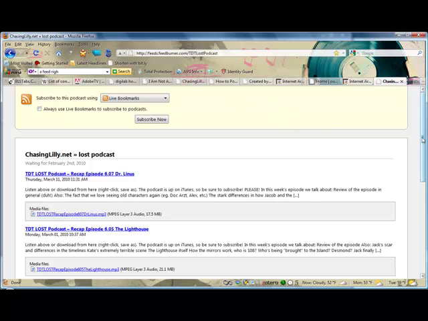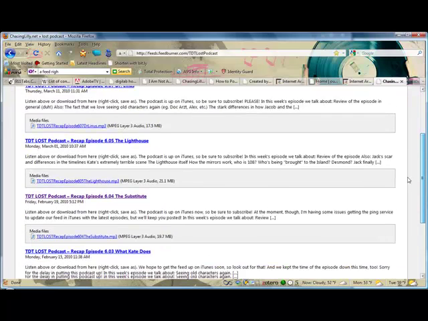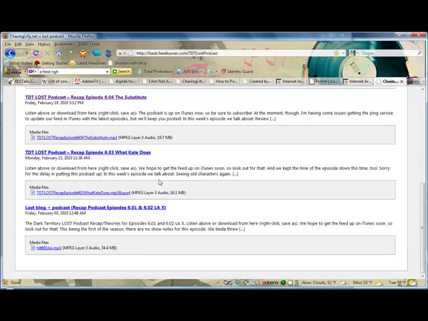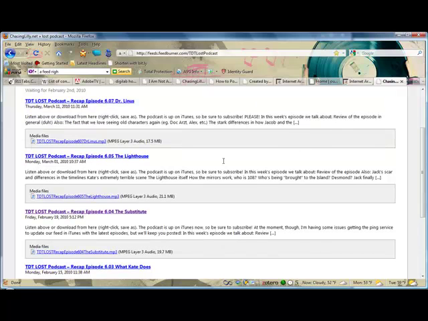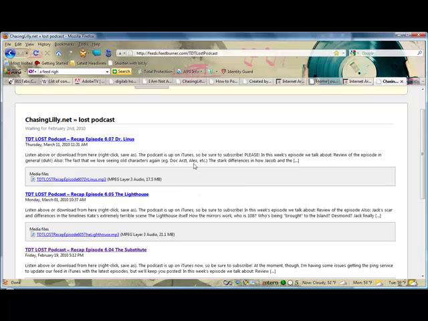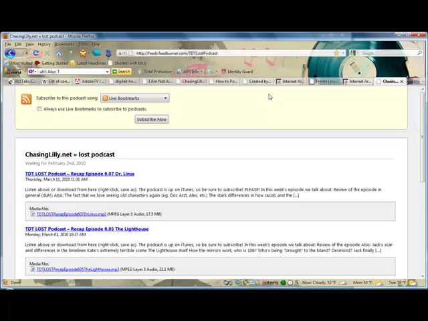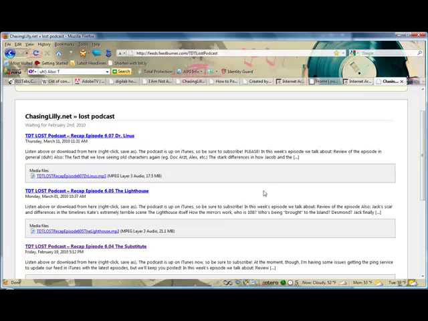It just creates this RSS page of just the audio files and posts that you want. It won't put up a post for every single one of your blog posts. It'll just put it up for ones with, for instance, audio files that are tagged as, in this case, being the Dark Territory. So that's helpful. It creates its own pretty much Lost podcast RSS feed. And what I do is I would direct people to this FeedBurner page. Then they can go up here and subscribe using whatever application they want, and they won't have to get all of my blog posts. They would just get the podcast, the audio podcast feed.